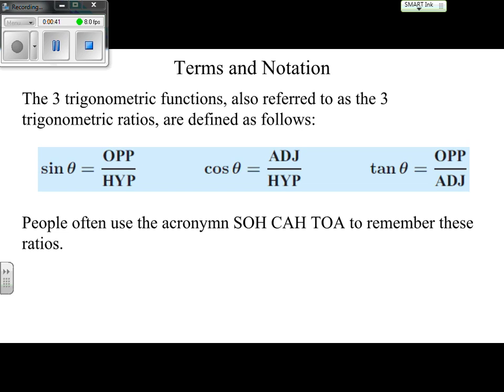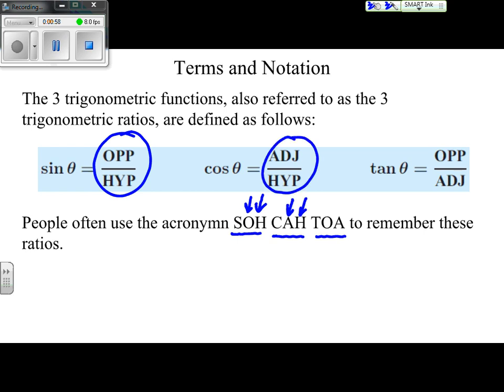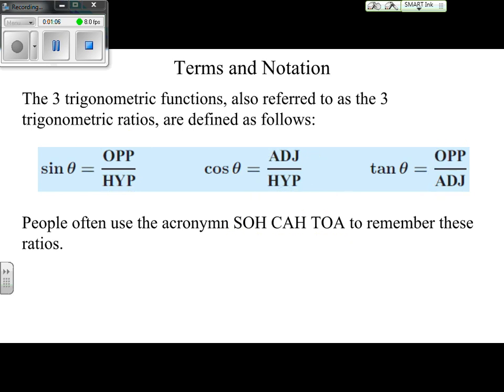A quick reminder that we use the acronym SOHCAHTOA to remind ourselves what those ratios or functions are. So the sine is the opposite over hypotenuse, which we can see right here. And the cosine is adjacent over hypotenuse, which we see here, and tangent is opposite over adjacent. When I do these problems with our next two examples, you'll notice that one of the first things I do is write down SOHCAHTOA just so I don't mess up forgetting what the different ratios are